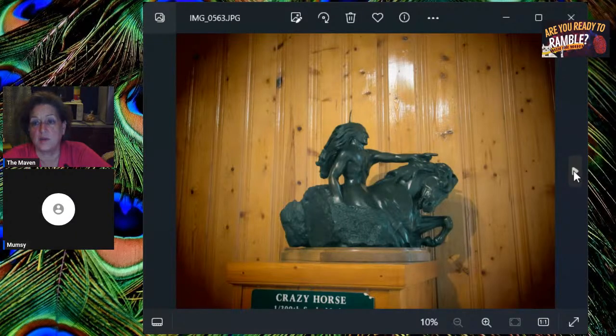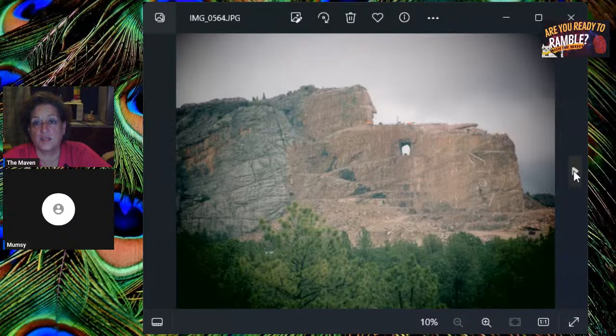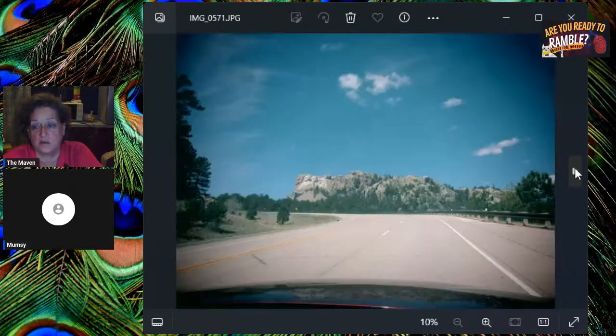Rushmore has that stigma. And they're going to get there next. But the Native Americans are the ones that are fundraising and everything to try and get this built. I saw a documentary about it once, where everybody goes to Mount Rushmore, but nobody comes to see Crazy Horse. But so Mumsy, I'm glad that you went and saw it.